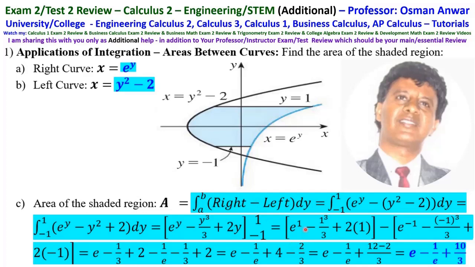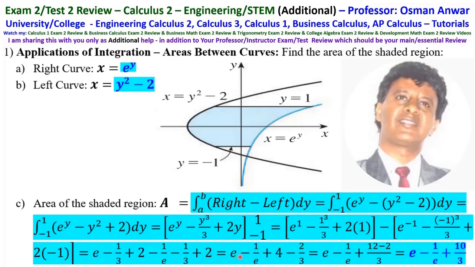That is e to the 1 minus 1 to the third over 3 plus 2 times 1 minus e to the minus 1 minus 2 minus 1 to the third over 3 plus 2 times minus 1, which is e minus 1/3 plus 2 minus 1 over e plus minus 1 over 3 plus 2,